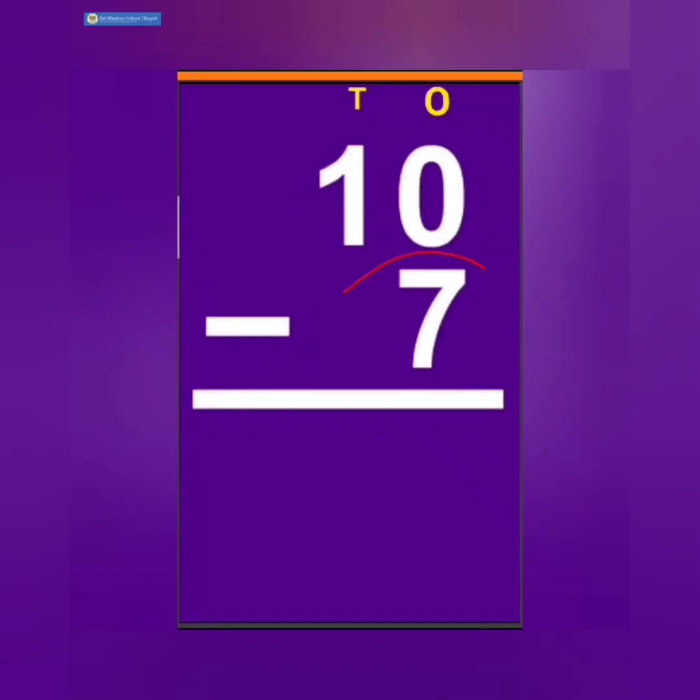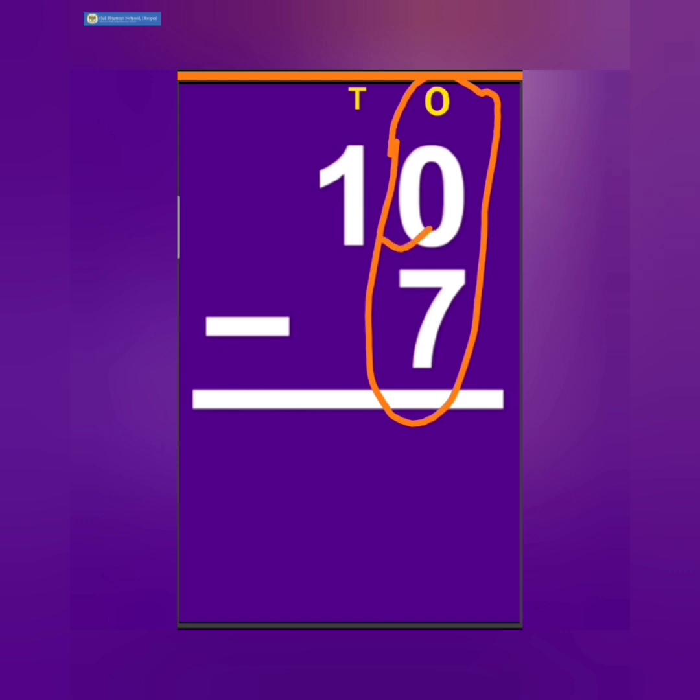Let us take away 7 from 10. Children, how are we going to subtract 7 from 10? And think about the place where we are going to start with. We are going to start subtracting from the ones column first. Let us see the numbers in the first column. That is the ones column. 0 minus 7. Does 0 hold any value? No. 7 holds a value and 0 does not hold any value. So we cannot take away 7 from a 0. It is not possible.